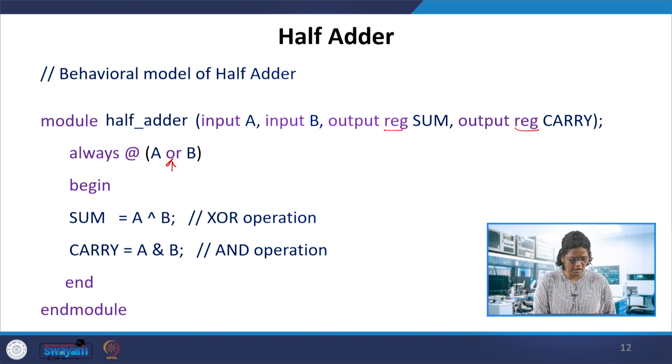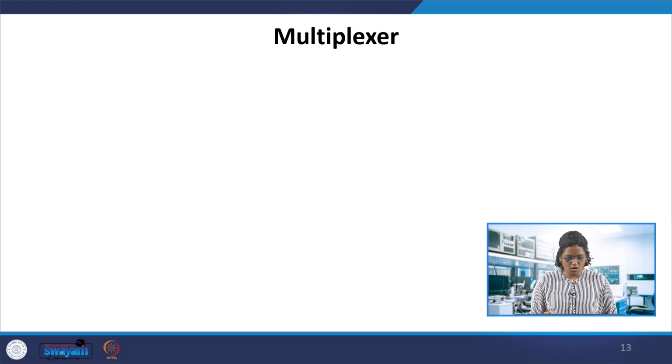Even if you have only one statement, you don't need to include begin end in this case. The reg declaration is essential because it is storing this value within the description or the always block. So we have to define this as a reg, which is driven by these signals. So the output is a reg signal. So far we have not used wires in the declaration.